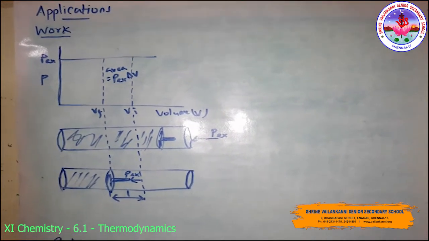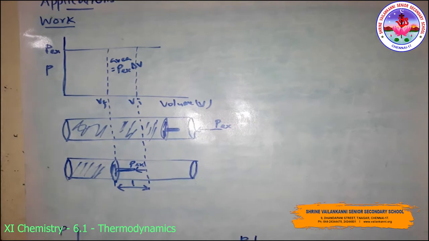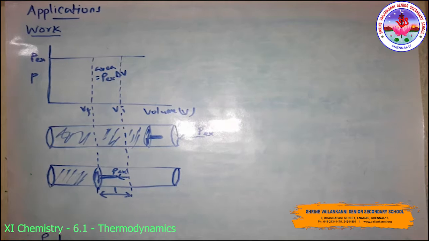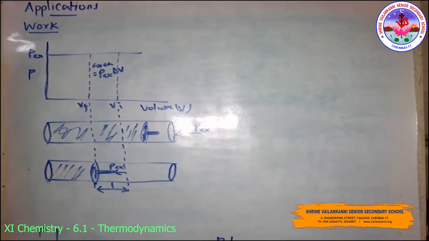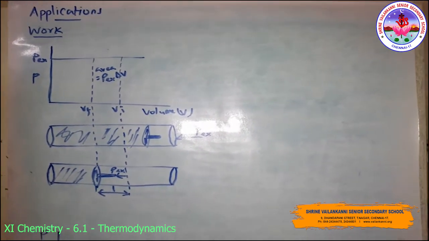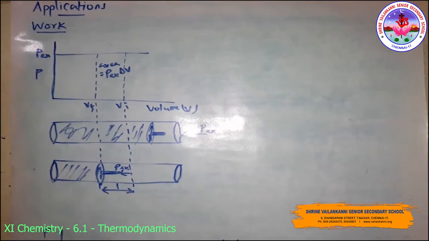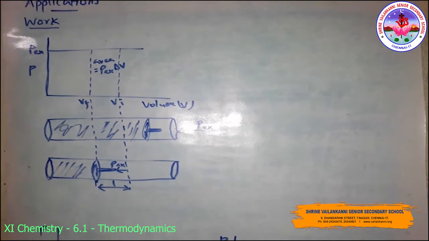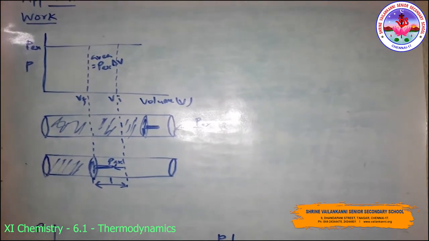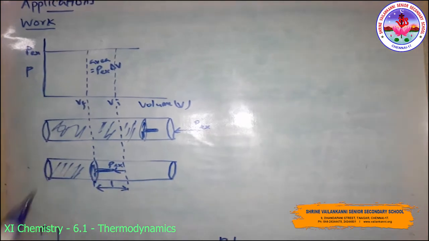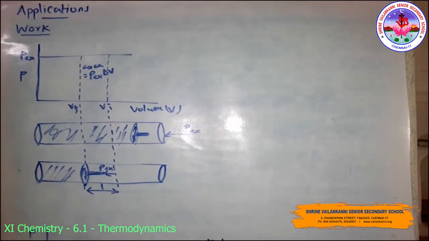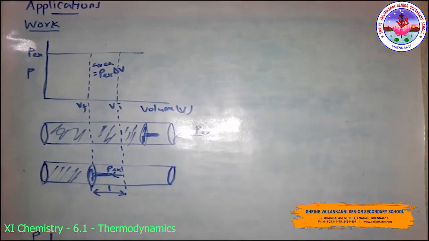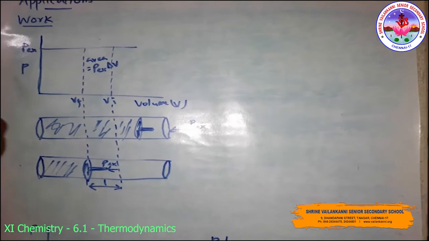First of all, let us concentrate on the nature of the work a system can do. We will consider only the mechanical work, that is pressure and volume. For understanding pressure-volume work, consider a cylinder which contains 1 mole of an ideal gas, fitted with a frictionless piston. The total volume of the gas is the initial volume, and the pressure of the gas inside is P.